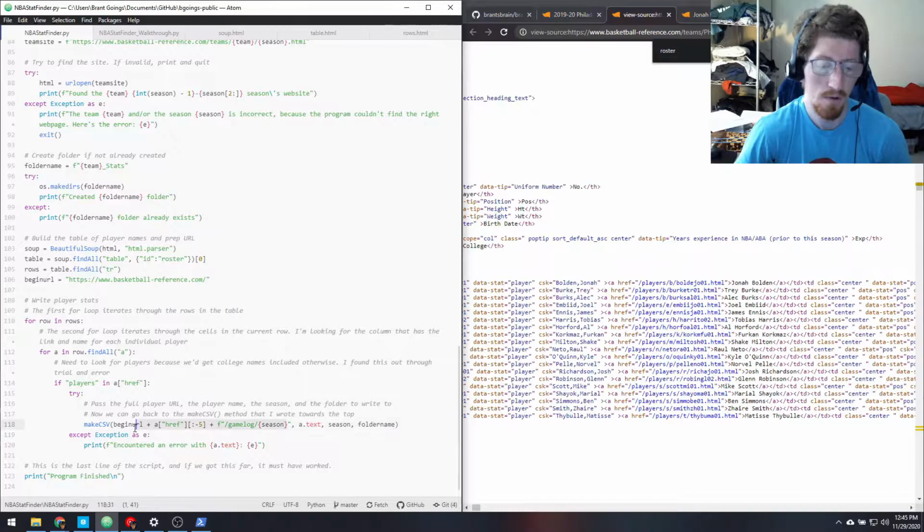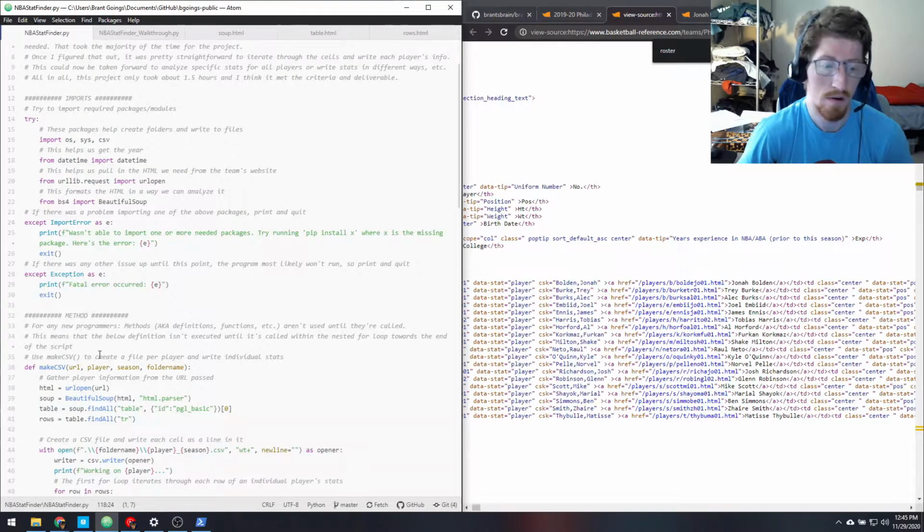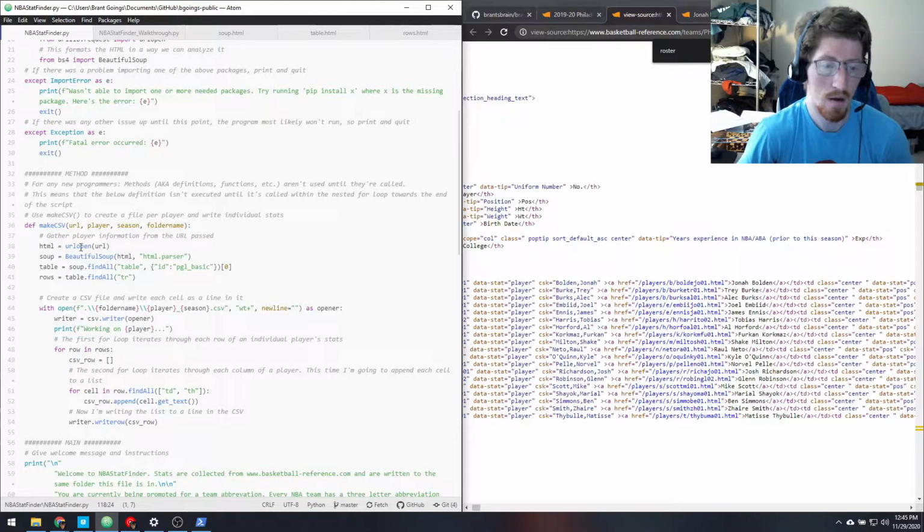This is the full URL for the player that we're going to analyze, because the game log folder for that URL shows us all the stats we need in order to record it to the CSV file, and then the season obviously is the season we're looking for. And then that sends it all to the method we made in the beginning, make CSV, and then we start our for loop in here. Actually, we're going to open the file, and then we need to gather the information first. But we do the same process here by opening the URL, sending all of the HTML to a soup variable,